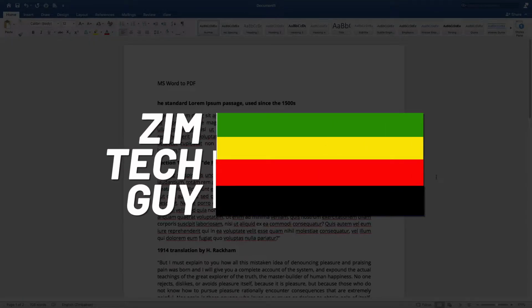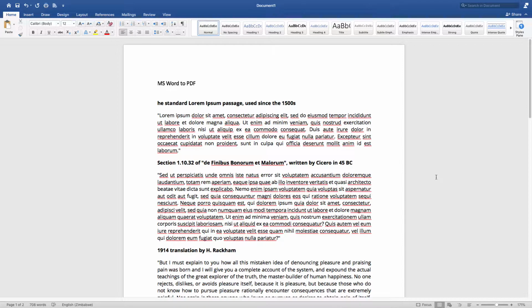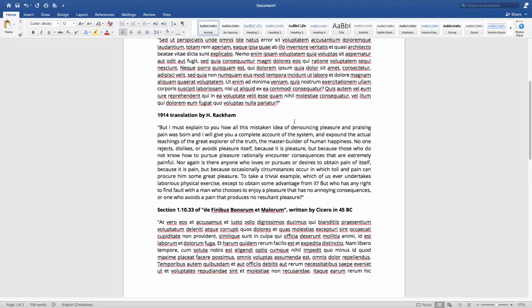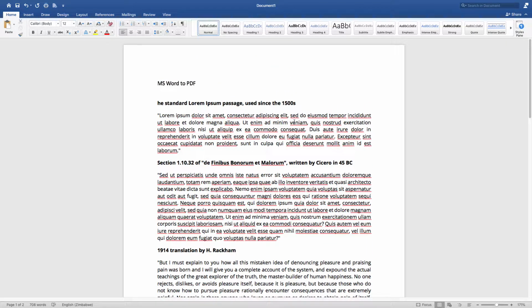In this video, I'll show you how to save a Microsoft Word document to PDF. So here I just have a document here. This is just a placeholder text. So to save a Microsoft Word document to PDF, all you need to do is come to File,